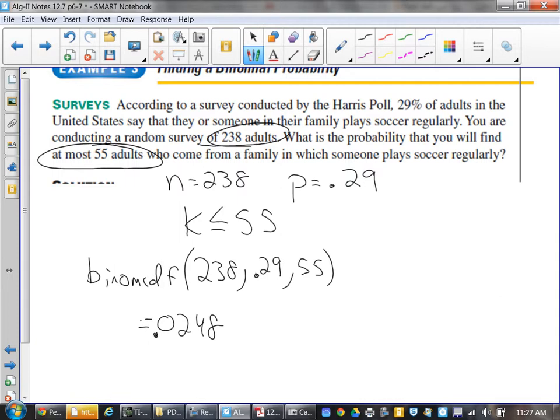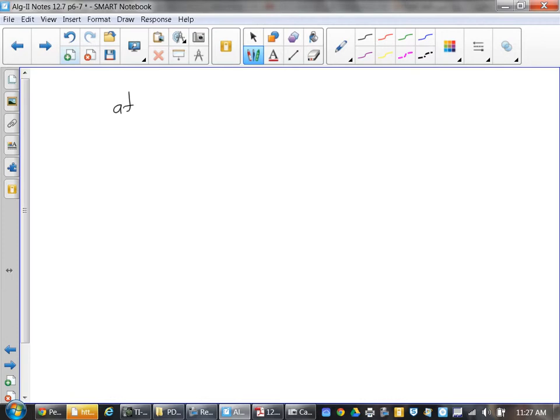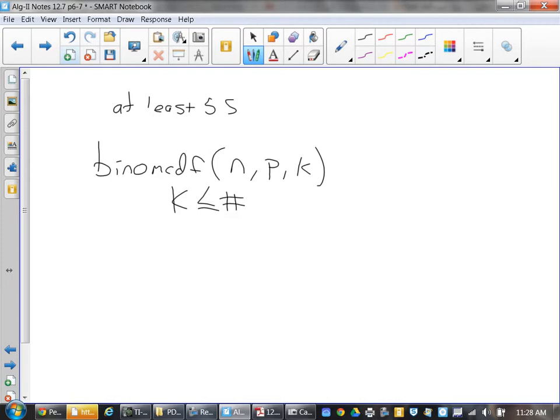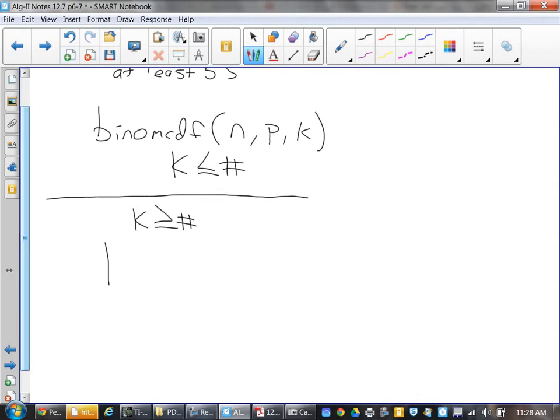What would you do if it said at least 55 with the same set? 54 and then do 1 minus that. Good. Remember, the binomCDF is NPK for when K is less than or equal to some number. If it is K greater than some number, then you have to do 1 minus